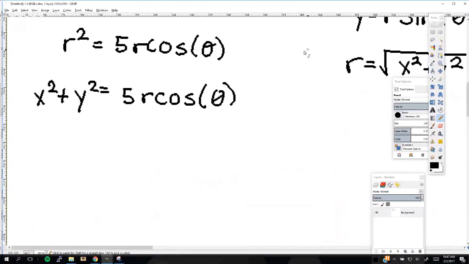And then this becomes x. But I don't know where to go from here. Because then I'm like, well, if you think about it, cosine of theta would equal x divided by r. Wait, what? So if you have x equals r cosine of theta,